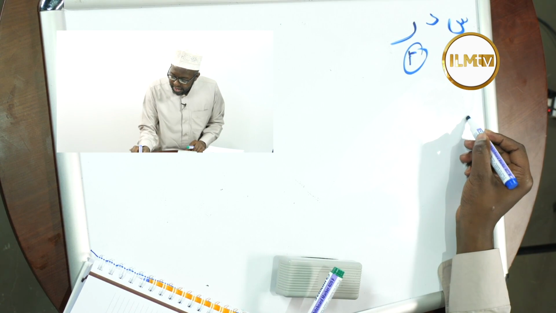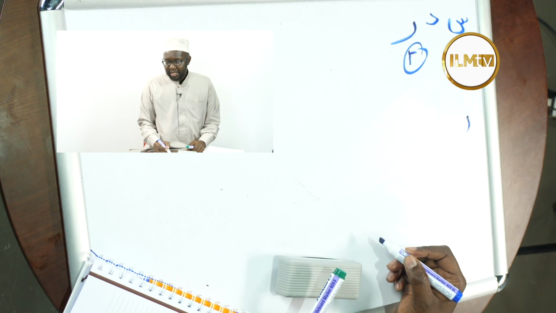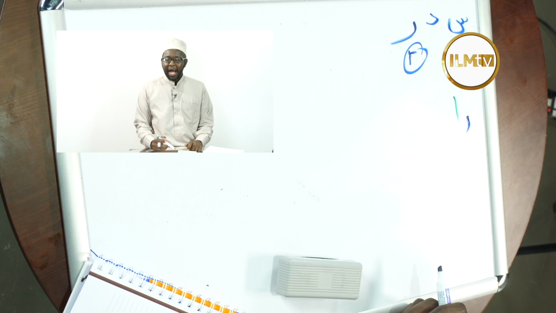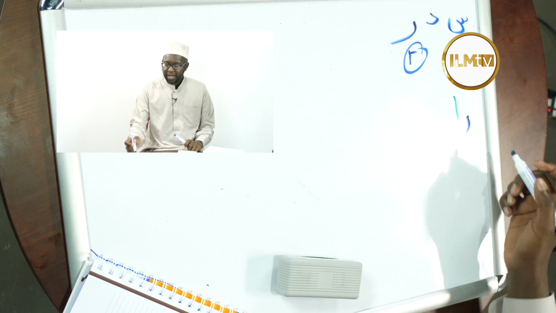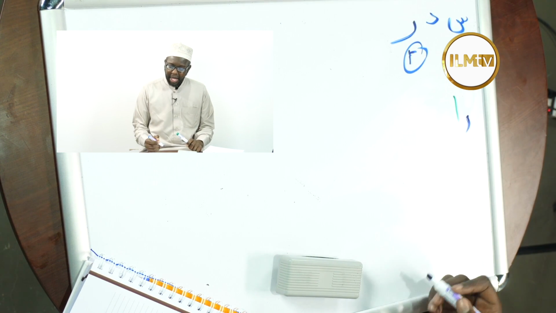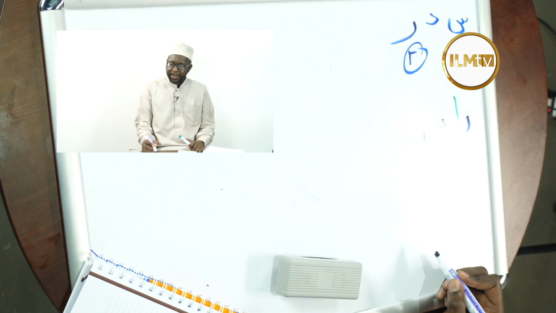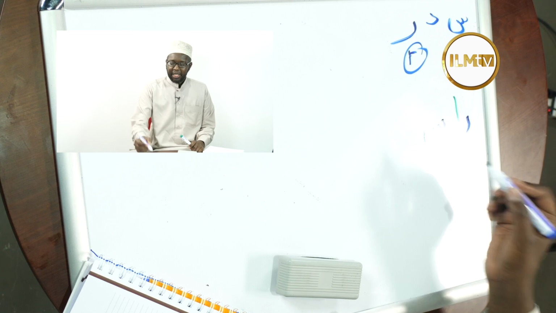So we have R, and when we add our familiar A, we say Ra. And if we add an S over there, we have Ras. At this juncture, we take a short break, and when we come back, inshallah, we shall finish on the